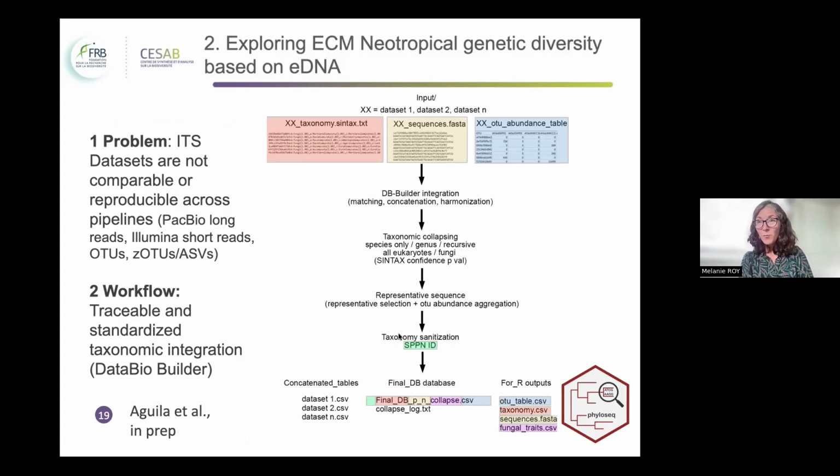We faced a major problem, and I just wanted to present these two slides because it's not finished, but I think it's interesting for everybody. We face the problem of having a diversity of barcodes to study those different datasets and published datasets. So thanks to Bernardo Aguila, who is a postdoc in Mexico too, we designed a new pipeline to gather data from different sources that all include part of the ITS, which is a barcode commonly used for fungi. And the idea is to compare it to a larger database that comes from genomes to be able to make a unique assignation,